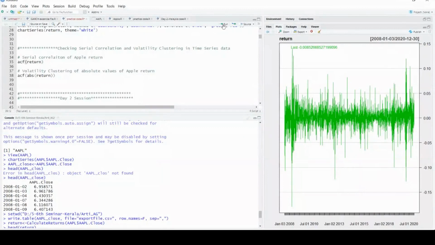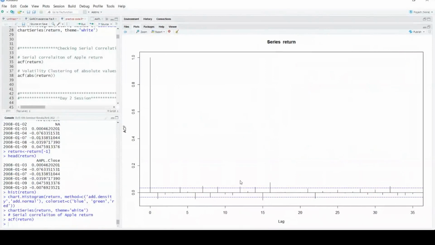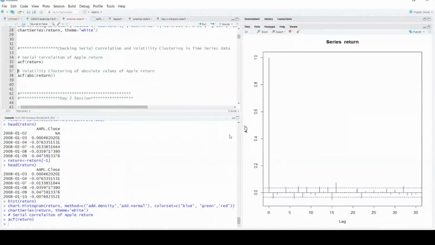Now here, what I discussed yesterday is that if your bars are crossing the blue band line with a 95% confidence interval, and they cross it a number of times, you can say there is autocorrelation. But when there is very random behavior in the bars, you can say there is no serial correlation or autocorrelation. So what I concluded from this kind of graph,